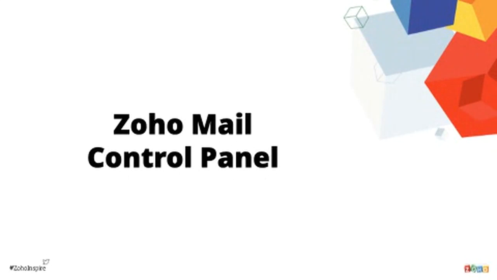So, what we saw until now are some of the basic user level functions that are available inside Zoho Mail. We looked at a basic overview of your mailbox as such and how to go about configuring external accounts inside Zoho Mail. What we'll be going with in the later part of the session and what we're going to start now is the Zoho Mail control panel. The Zoho Mail control panel is what only the administrator or the super administrator will have access to. We'll be talking about all the features that are available inside the control panel now.